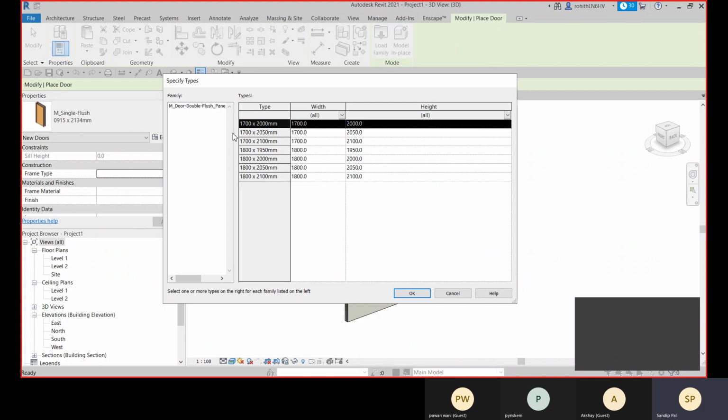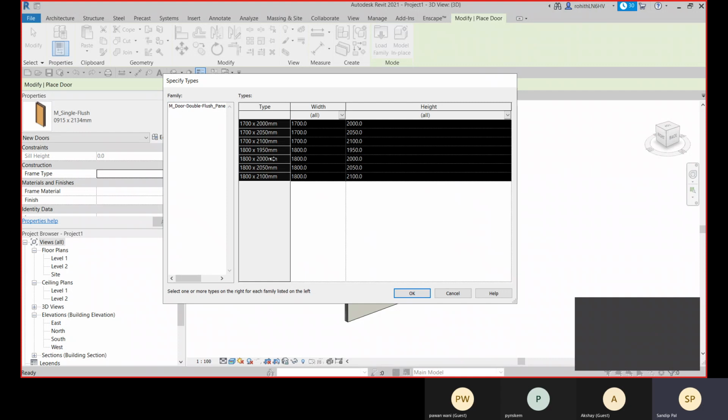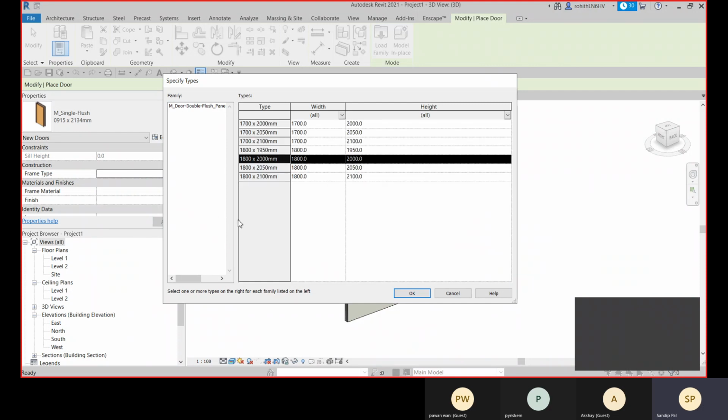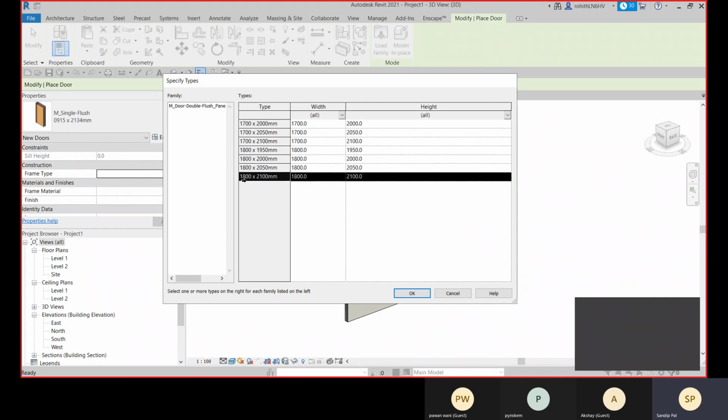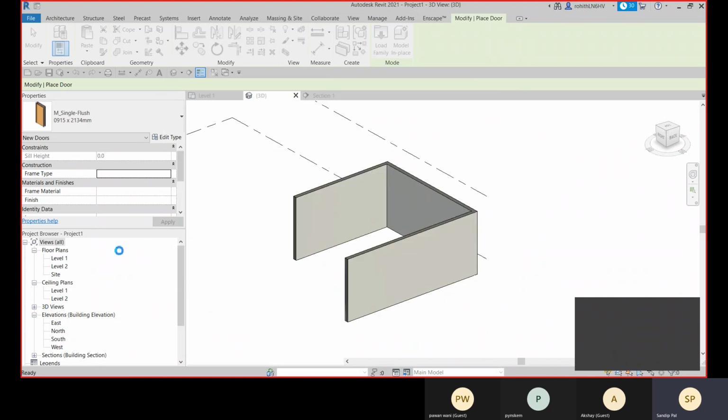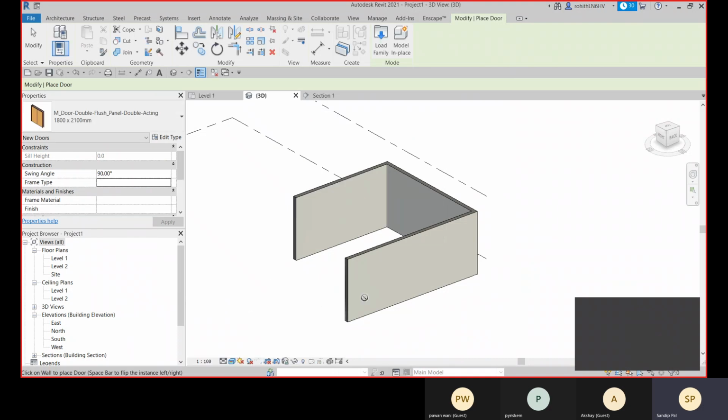Select the first, and then while selecting the last one, hold shift and then click. So all the options will be selected. Now let me just select this or this only. Okay, so this one will match our height. So let me place this. So here I'll place it.